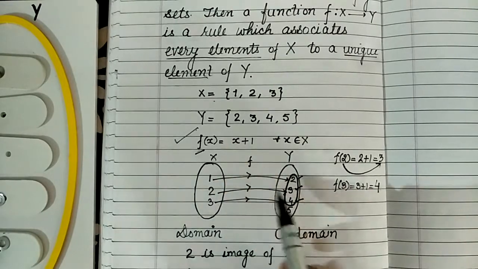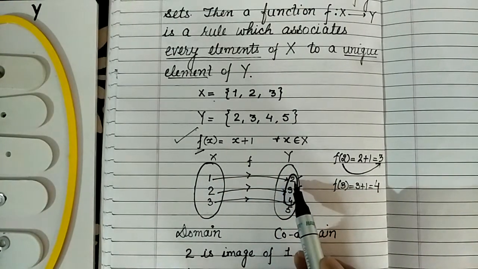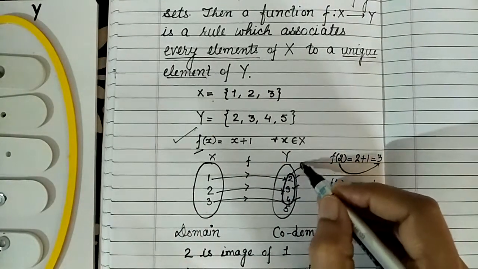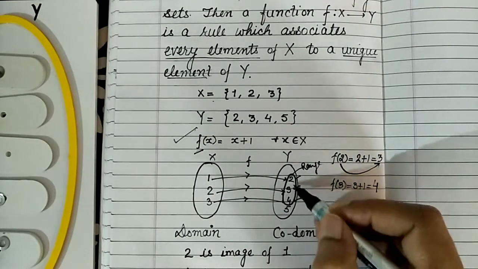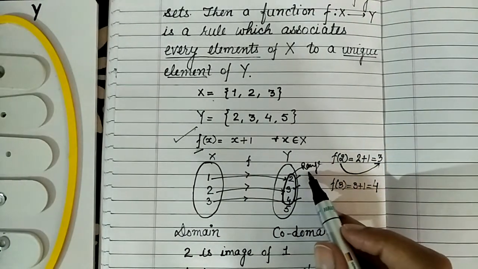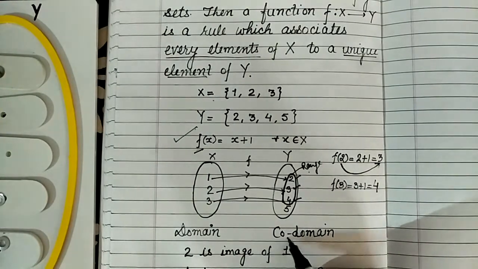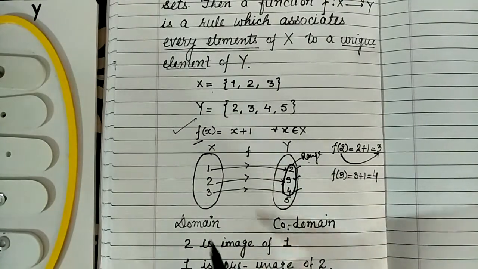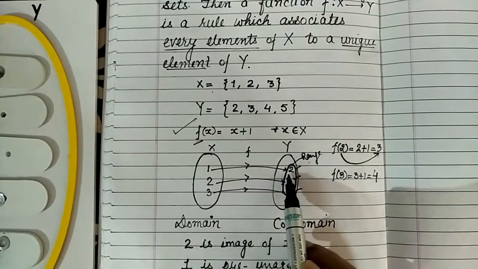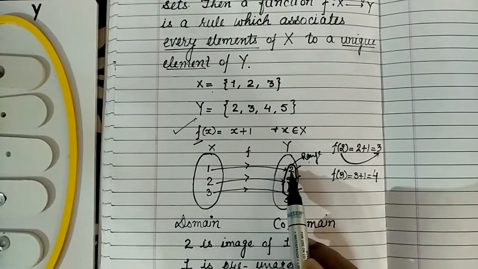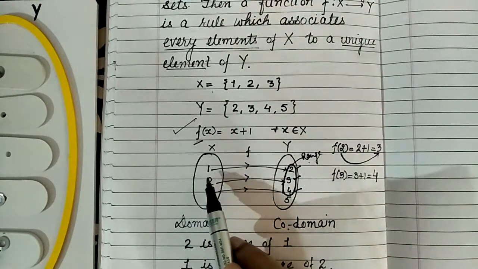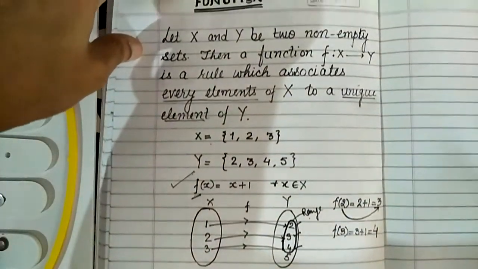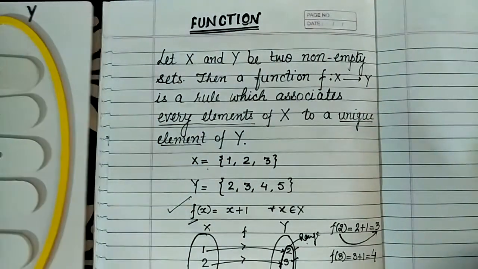मीन्स एसोसिएट करने के बाद जो आपके पास रिजल्ट आया है उनको आप इमेजेस बोलेंगे एंड द सेट ऑफ ऑल द इमेजेस विल बी कॉल्ड रेंज. This is range which is a subset of right hand side. Means range is always a subset of codomain. This is domain. So we can see an example. 2 is the image of 1. 2 किसको रखने के बाद आया है? 1 को रखने के बाद. तो 2 is the image. किसकी image है? That is called pre-image. Okay. So this is about domain, codomain, range and image and pre-image.